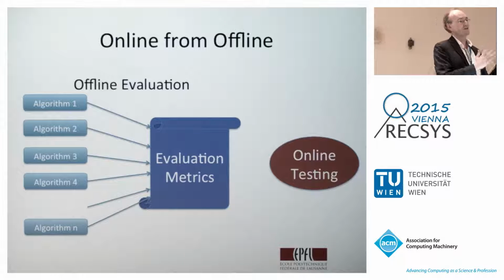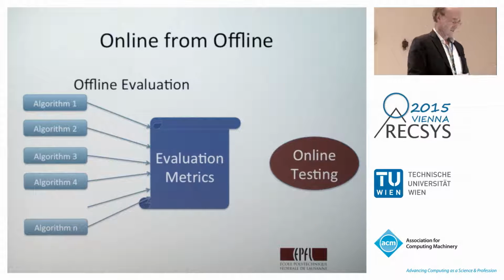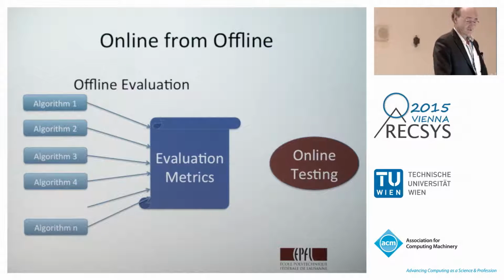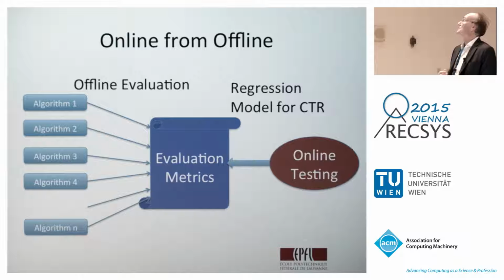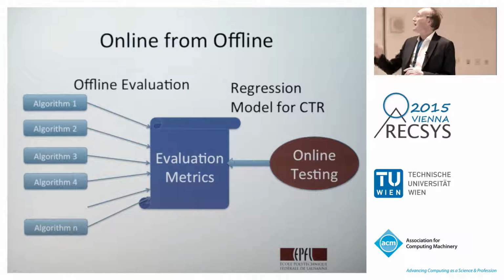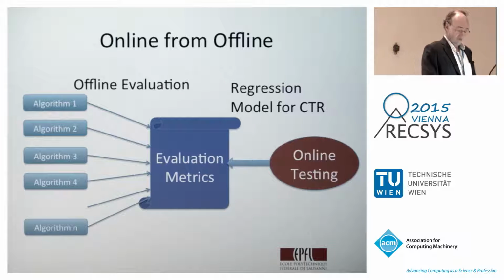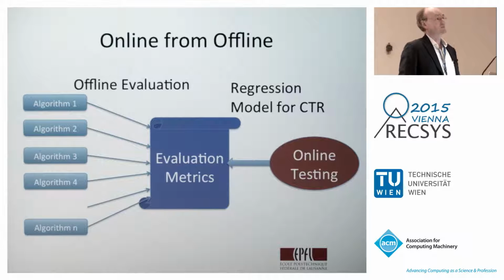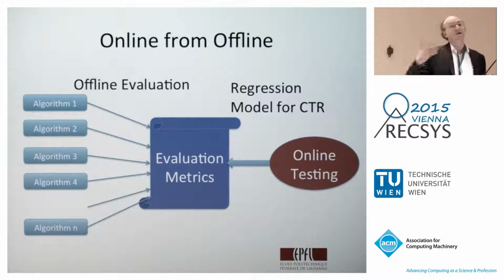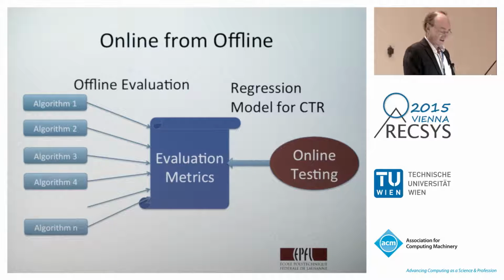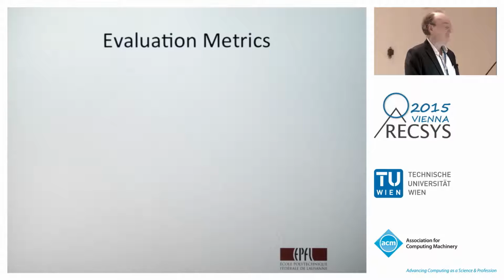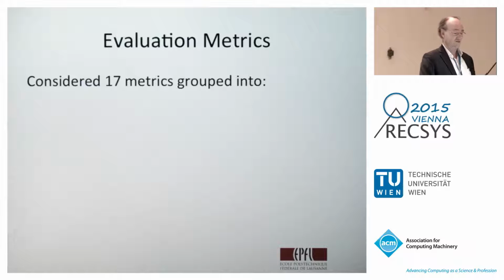We basically look at all these algorithms and we see what they generate according to these metrics. And then we just go to our online site to build a regression model to tell us how these metrics will actually predict the online performance we can expect from these algorithms. Obviously, these metrics will have to make sense for this scheme to work. And we've looked at a bunch of these metrics that have been proposed in the literature.